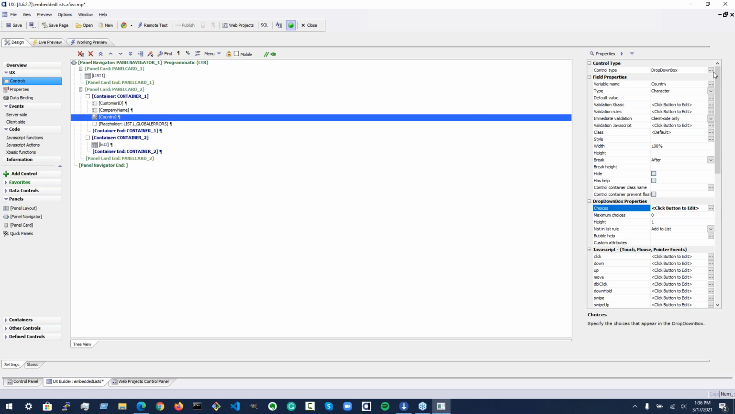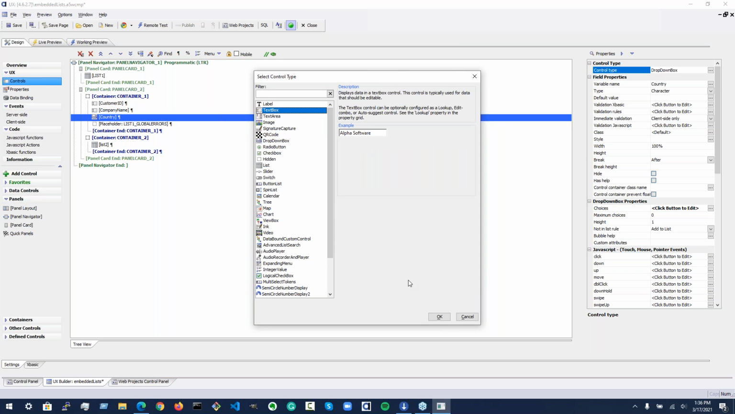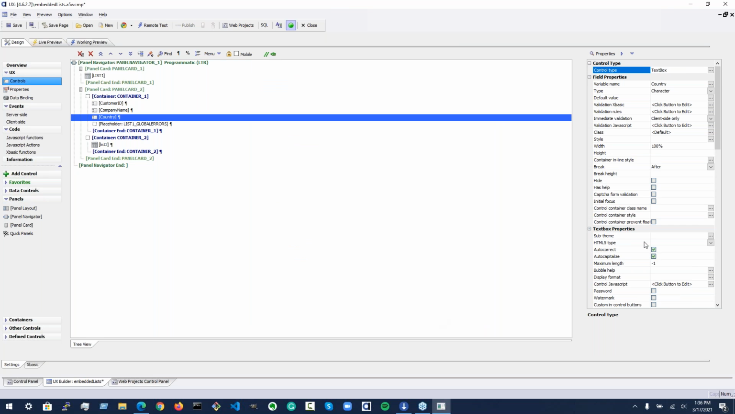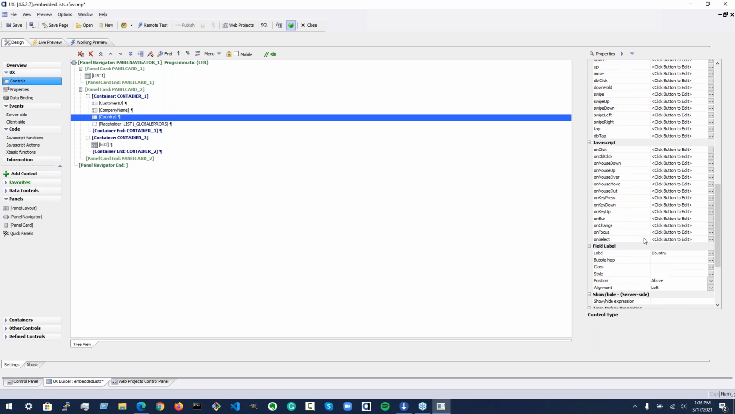And that's not a drop-down control. That's a text box, which is the other thing I wanted to show. So you go back to your text box. Text box has a feature on it called